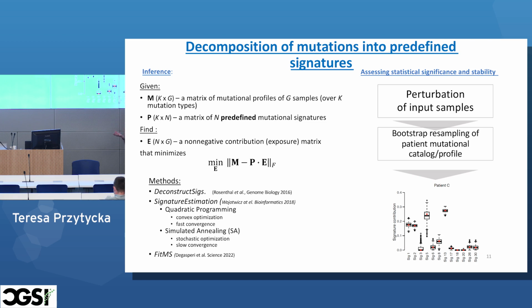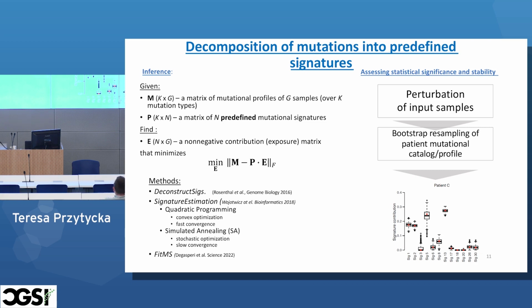And for most cancers, we have research based on a larger cohort that says, okay, for breast cancer, typical are those signatures. Given that many programs have been developed to solve this problem, to fit these mutational signatures, one has to be aware of